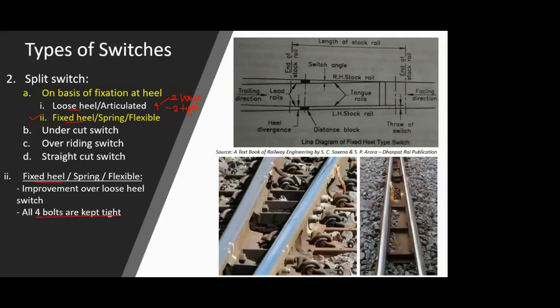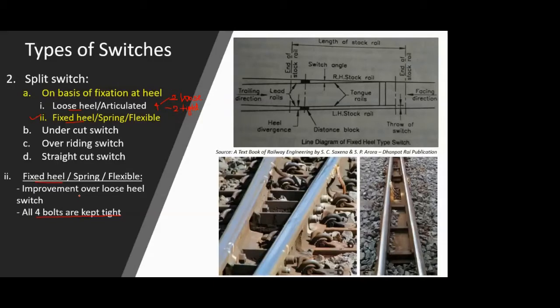But in that case, the flexibility is brought into picture by changing the material of your tongue rail. So your tongue rail material is a bit flexible, or the elasticity is a bit more. Okay? Though it is made of steel, it is a bit elastic, so that it allows the movement. But at the same time, it is not so rigid that it will break due to that movement. Okay? So the balance is maintained.